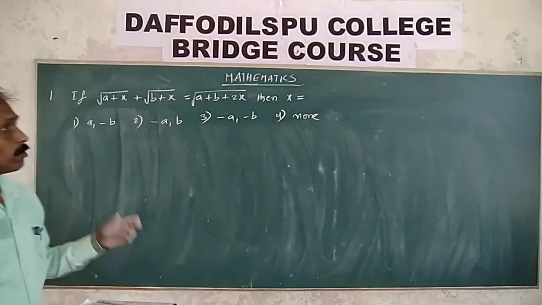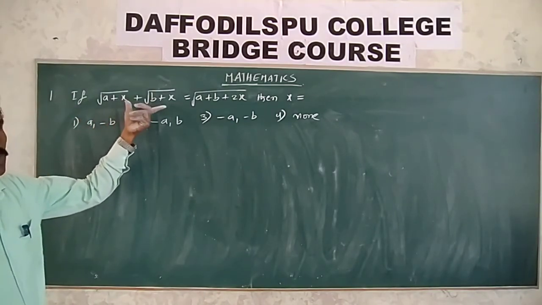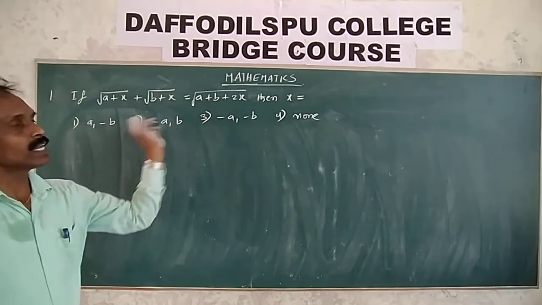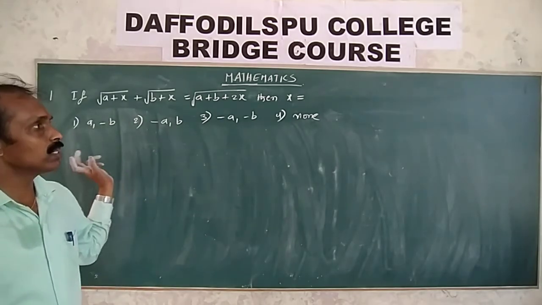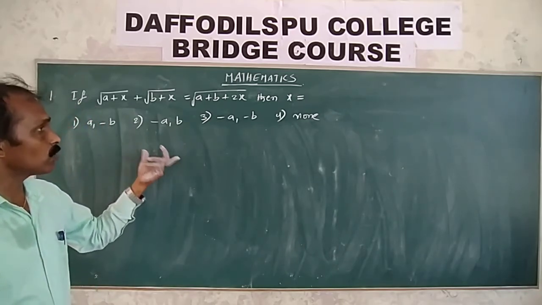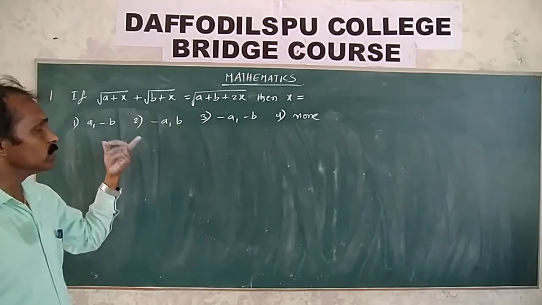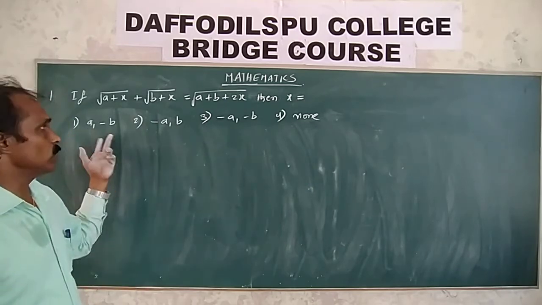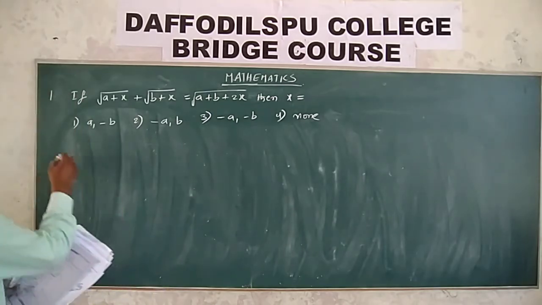So how to do this type of problems? First of all, on the LHS these are two terms of square roots, and the right side also has one square root. To remove square roots, square on both sides, we get an equation in terms of x. I'm sure you know how to find x values as a quadratic equation from the previous class. So solve the x values by factorization. Find the x values, or if this is not possible, then none of these. Okay, next problem.